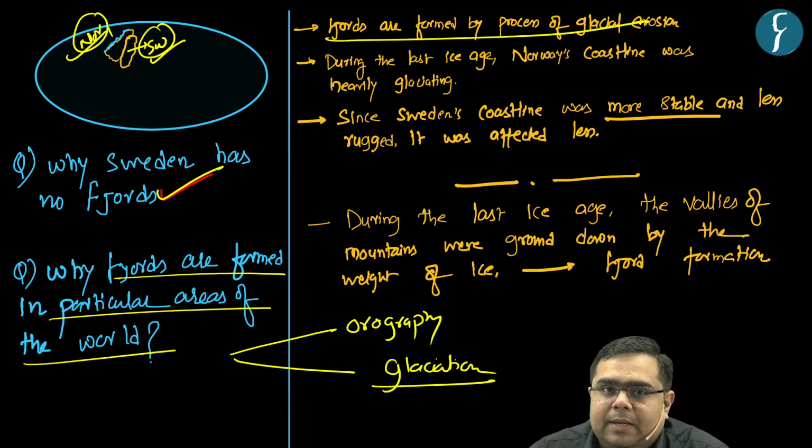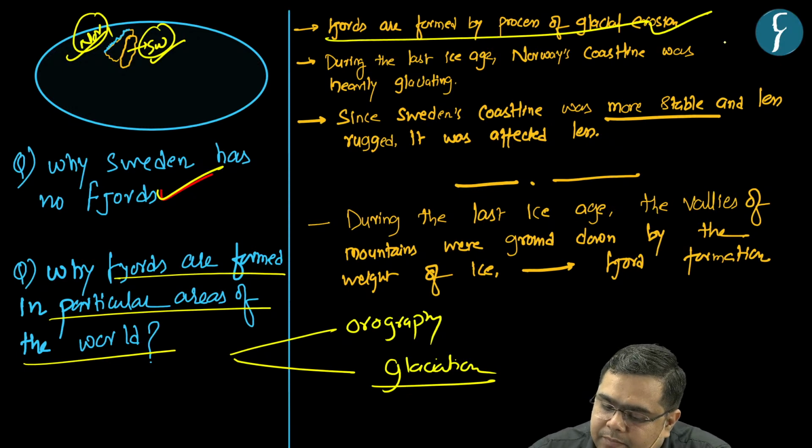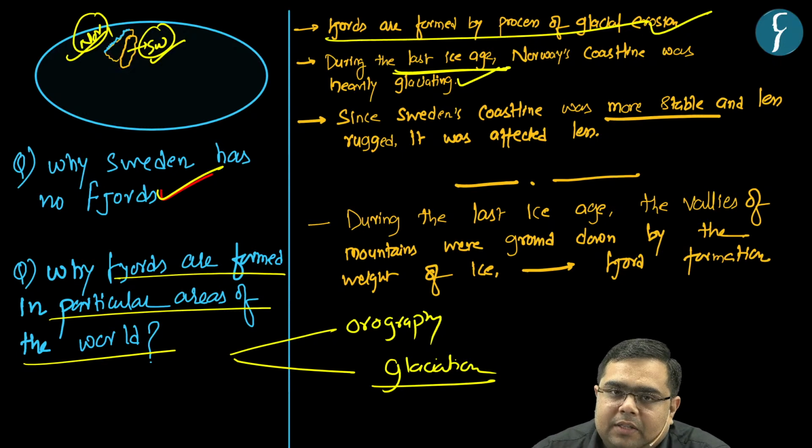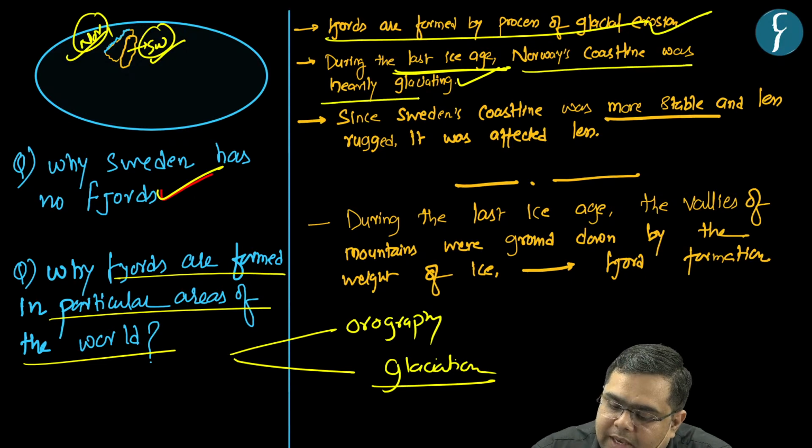So what is the concept behind the formation of fjords? Fjords are formed by the process of glacial erosion. So this is an erosional landform. Because glacier or frozen ice is a lot heavier than water, its erosional impact is much higher than normal water. When the earth was going through the end of its ice age, Norway's coastline was heavily